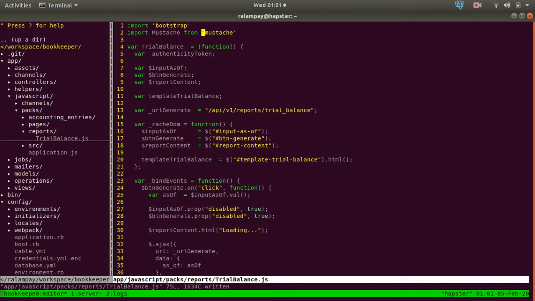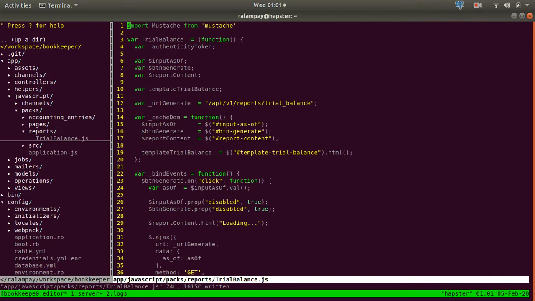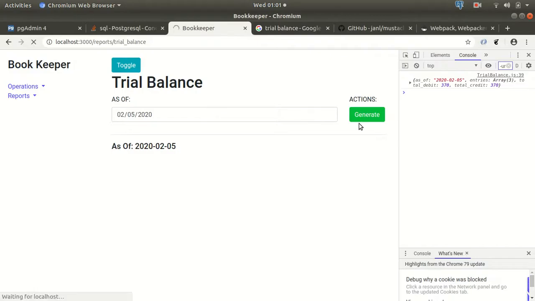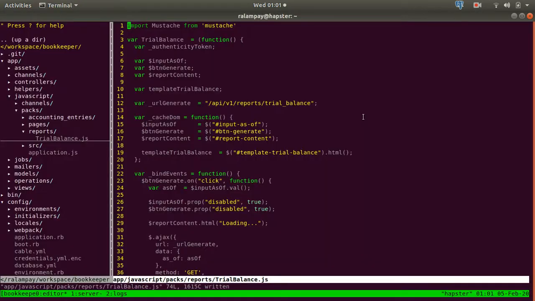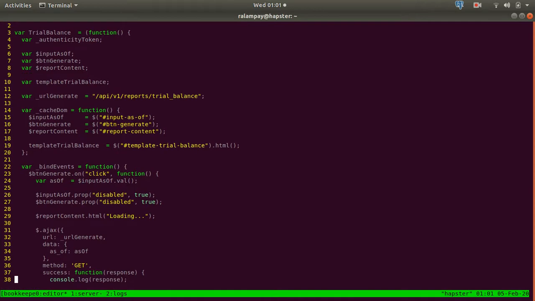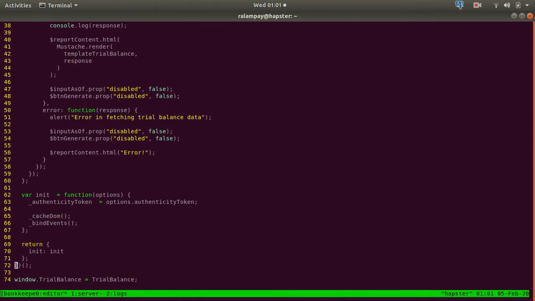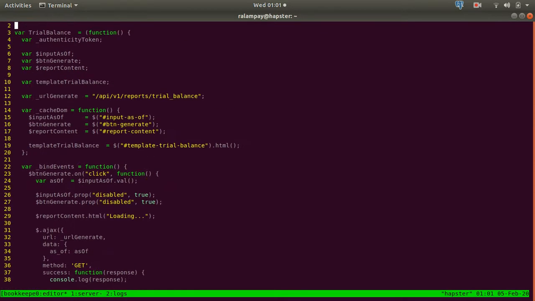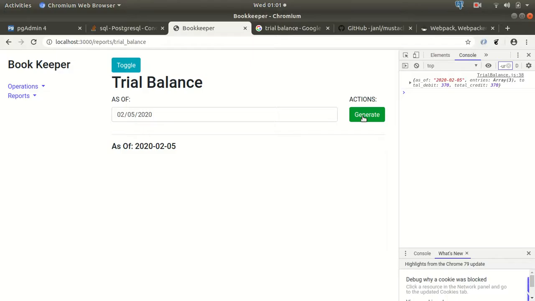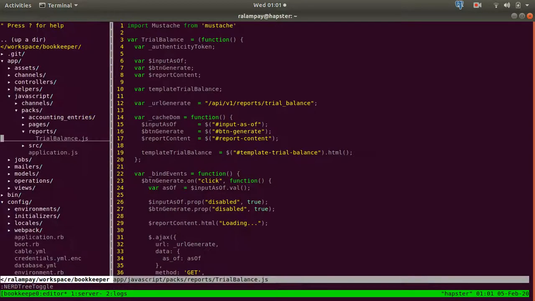Import mustache from mustache. I don't think we need import bootstrap, because it should have been already included. Yeah, okay, so we didn't actually need the import bootstrap for that. Alright, so import mustache from mustache. Okay, so now it's rendering here. Now what we can do right now with mustache is